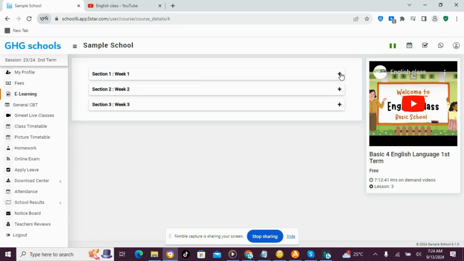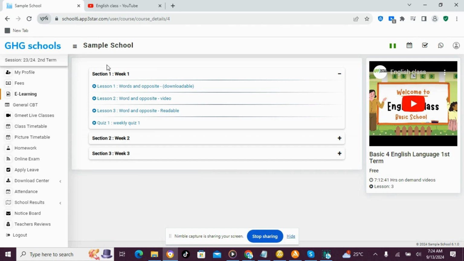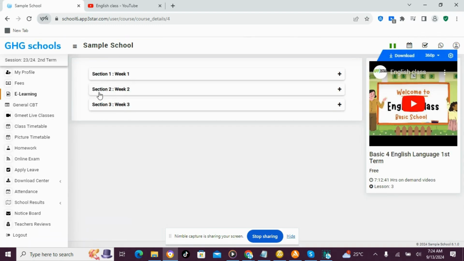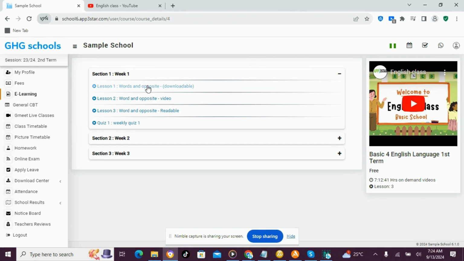Note, this week one, two, or three, if I click on it, remember I'm in English. Let me go back again. Now we're going to have English language, maths, geography, social studies, and every other subject. When you create different courses for this particular class, what are you going to do? You are going to,